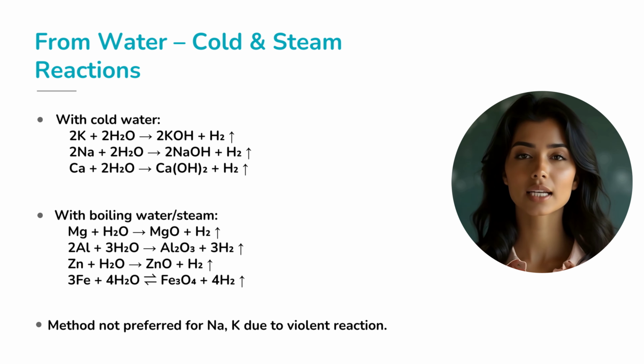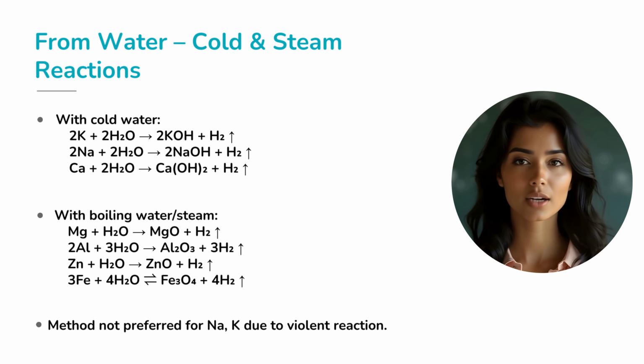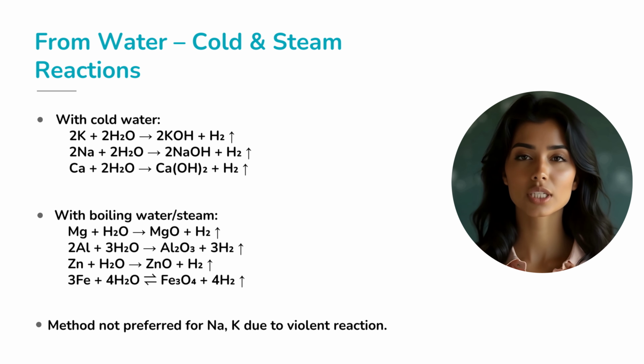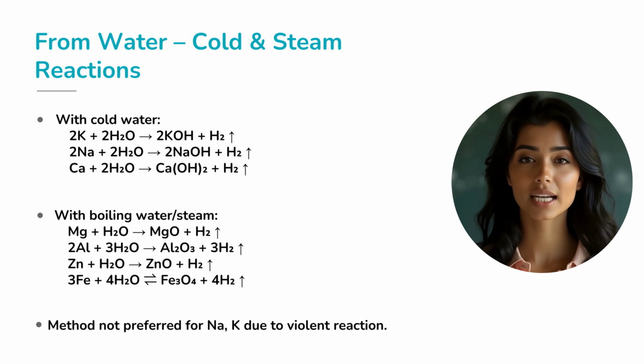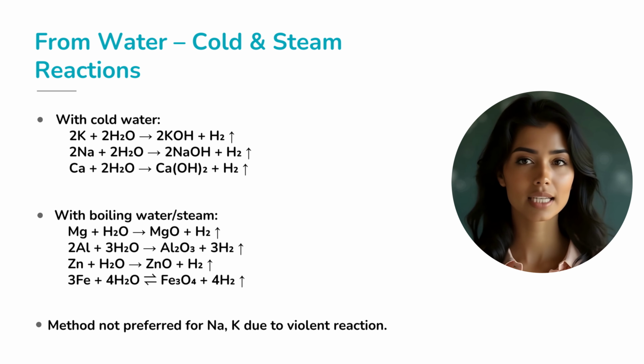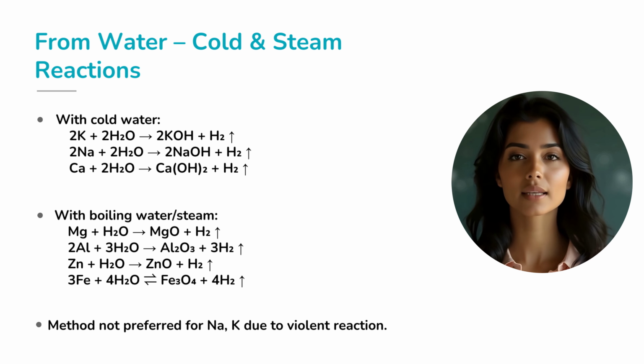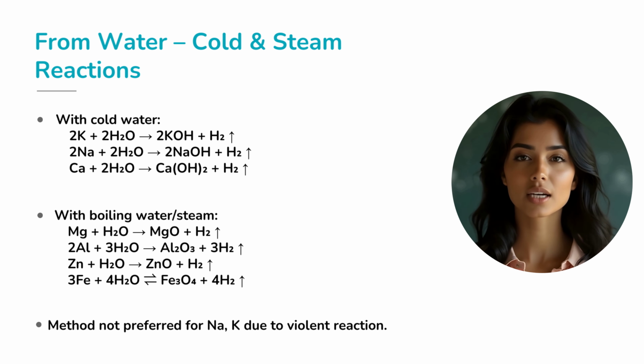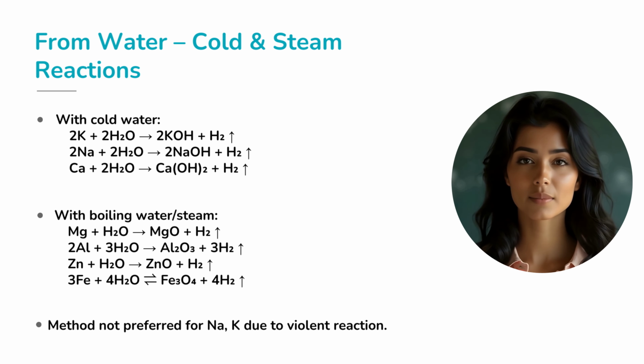Calcium, though, reacts more moderately with cold water, and while it's safer, it's still not used industrially due to cost. On the other hand, when we move to boiling water or steam, metals like magnesium, aluminium, and zinc react more slowly but more safely. For example, magnesium reacts with boiling water to produce magnesium oxide and hydrogen gas, Mg + H2O → MgO + H2. Steam reactions are much safer and easier to handle, making them the preferred method for industrial hydrogen